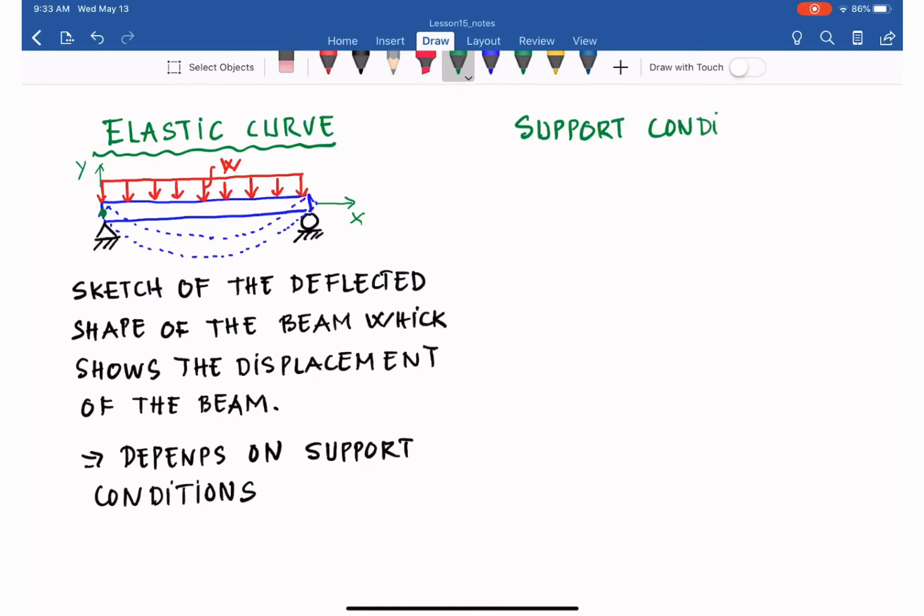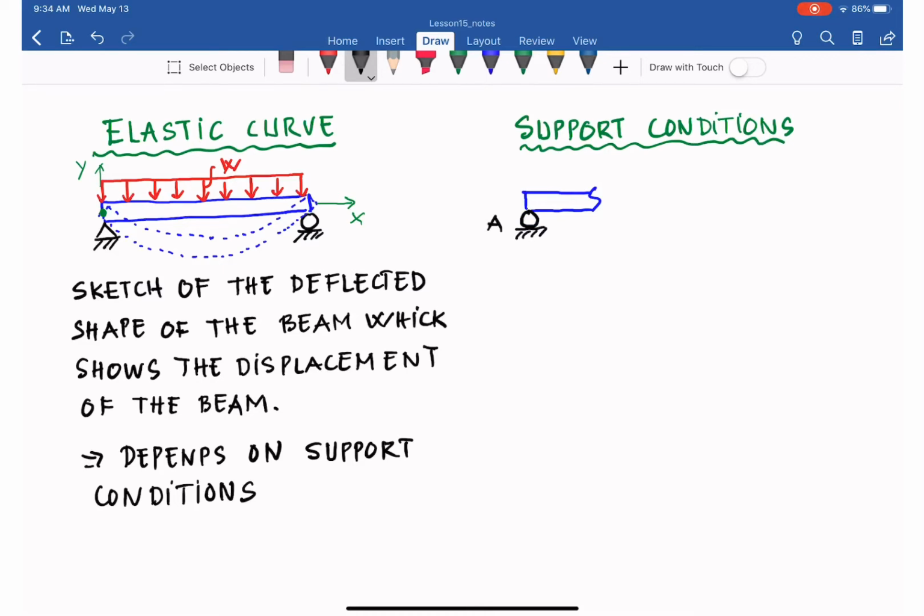There are typical support conditions that we deal with in this class. The first, as you can see, is the roller at one end. So if I have a beam here, and just draw a portion of the beam, and we have a roller at A at one end,